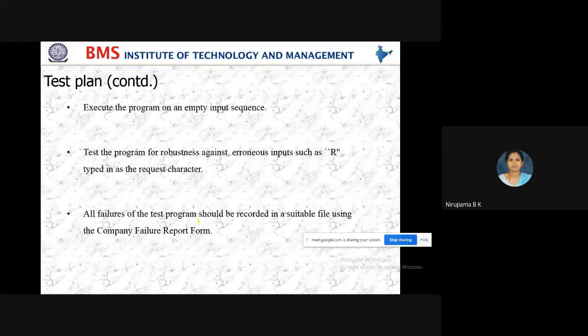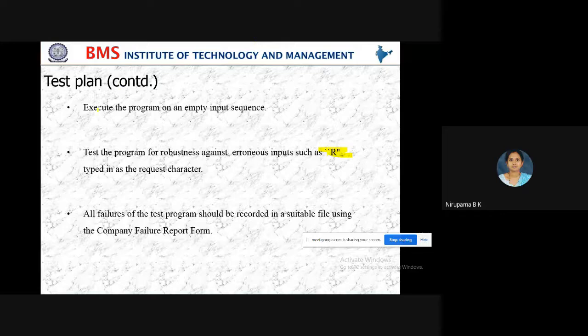if you give any other input, if R is encountered, if R is typed as a character, then it should display invalid input.